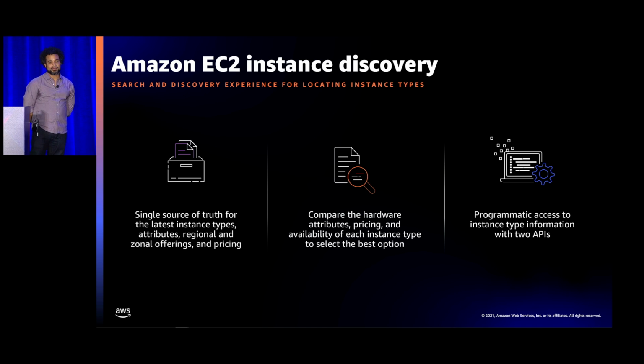So the first tool we'll talk about, which was launched a little over a year ago, is the Amazon EC2 Discovery tool. And the whole purpose of this is to optimize the experience of the instance selection process for planned workloads. What the tool does is basically customers will input their hardware requirements. So think, how many vCPUs do I need? How much memory do I need? Do I need bare metal instances? Right? You're going to input these kinds of things. And the tool is going to return a list of instances that's going to be up to date all of the time. And that's what's really important about this, because this can become your single source of truth.